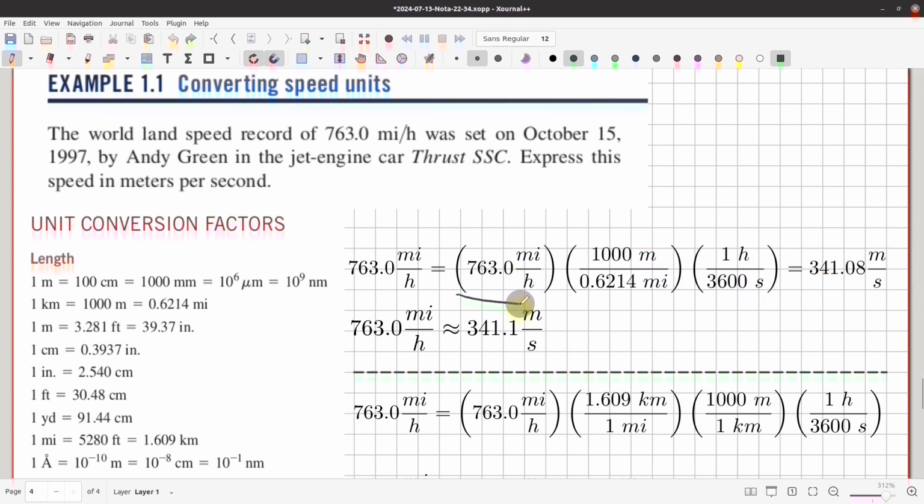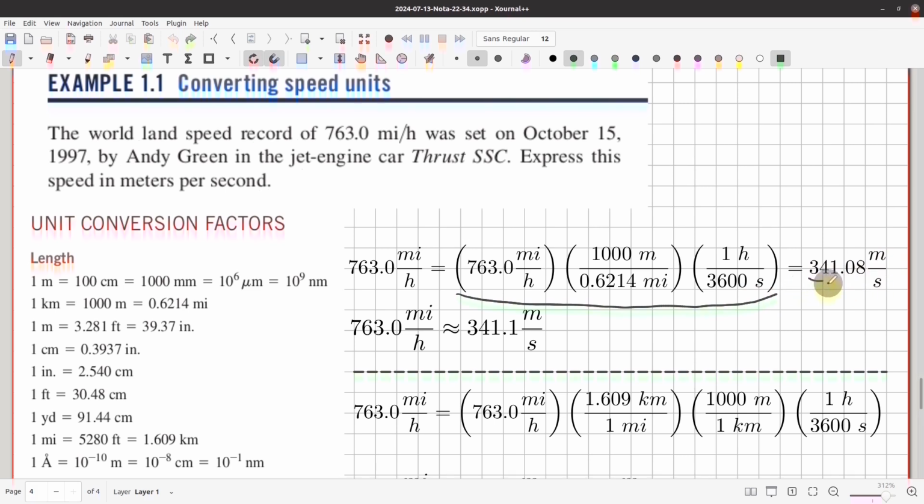When we calculate these operations on a calculator, we get 341.08 meters per second. Now you might be tempted to round the result to 5 significant figures, as here, but